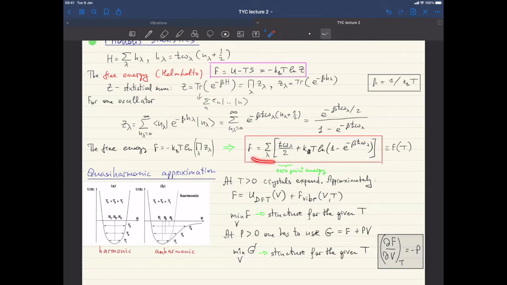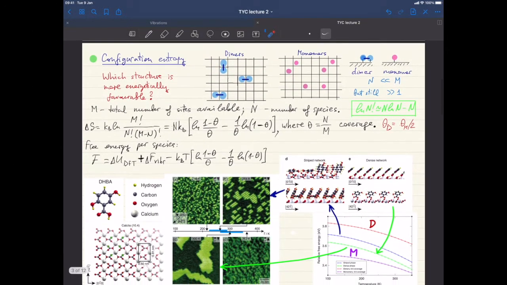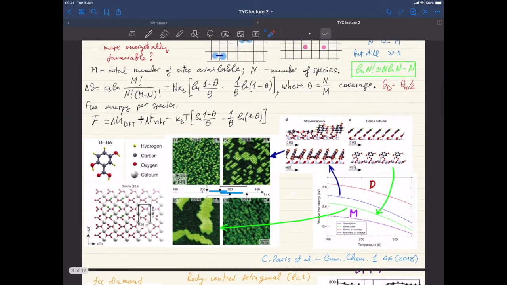And then this expression is used with fixed vibrational frequency to give rise to the dependence of the free energy on temperature and geometry of the crystal. So now I will consider a few examples of the usage of the quasi-harmonic approximation in its trivial variant and in the full variant. The first example is that paper here,